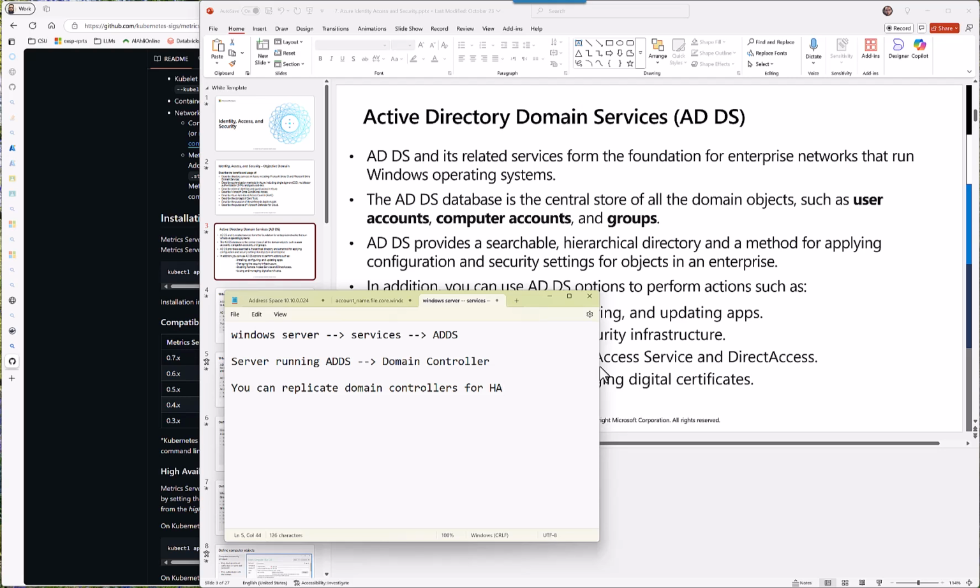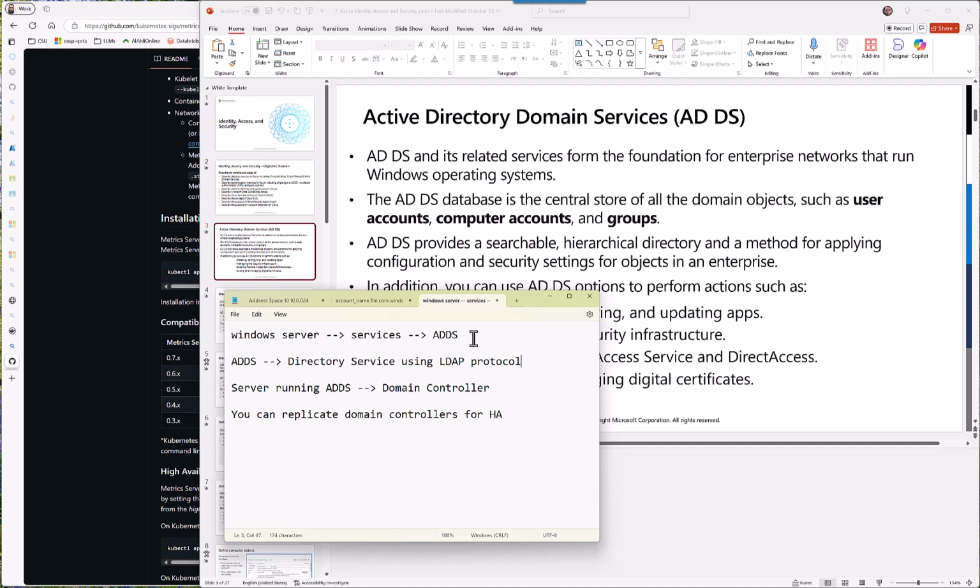This is basically a domain controller, and the ADDS service is a network service.